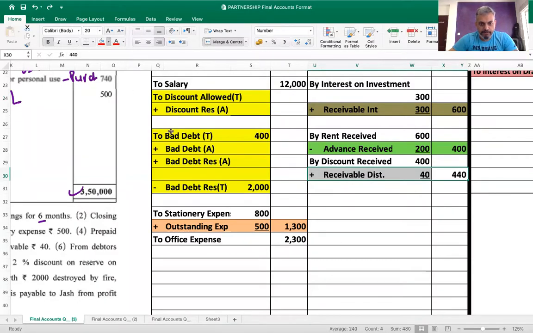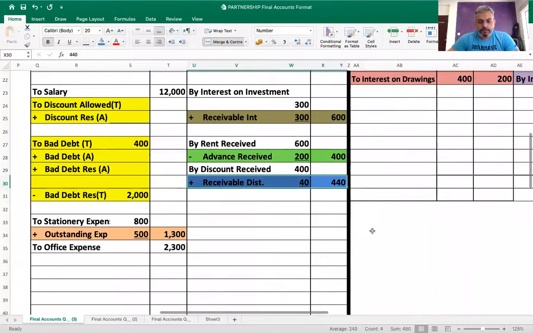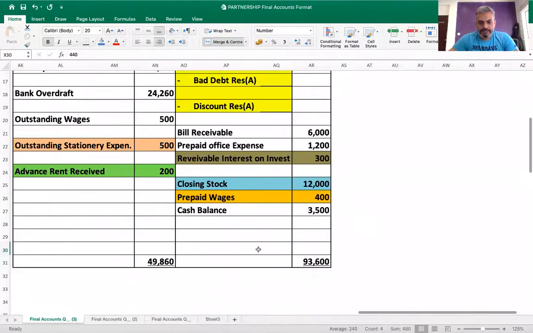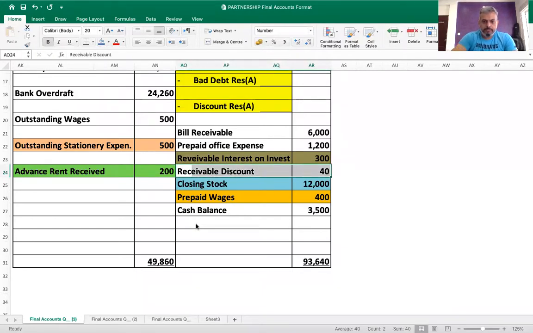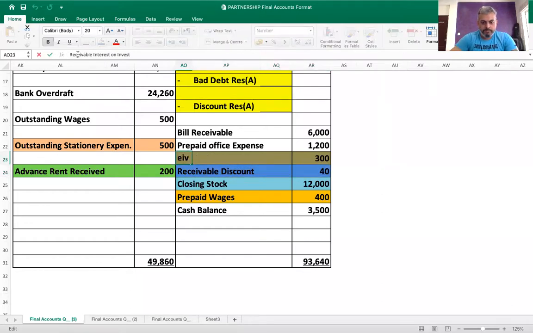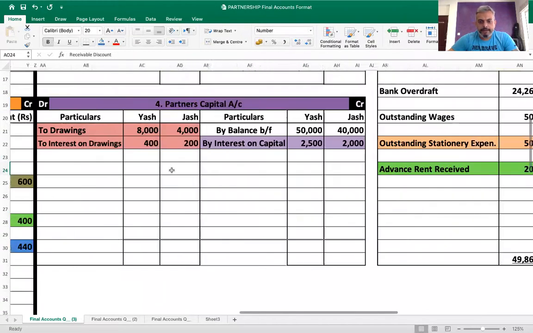Red will be too harsh. So receivable discount 40, balance sheet asset. Okay. Then